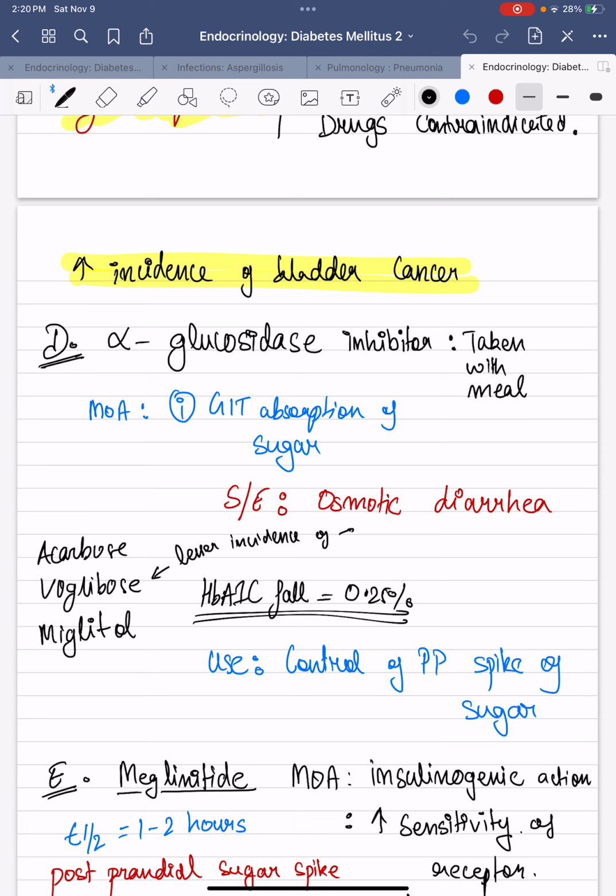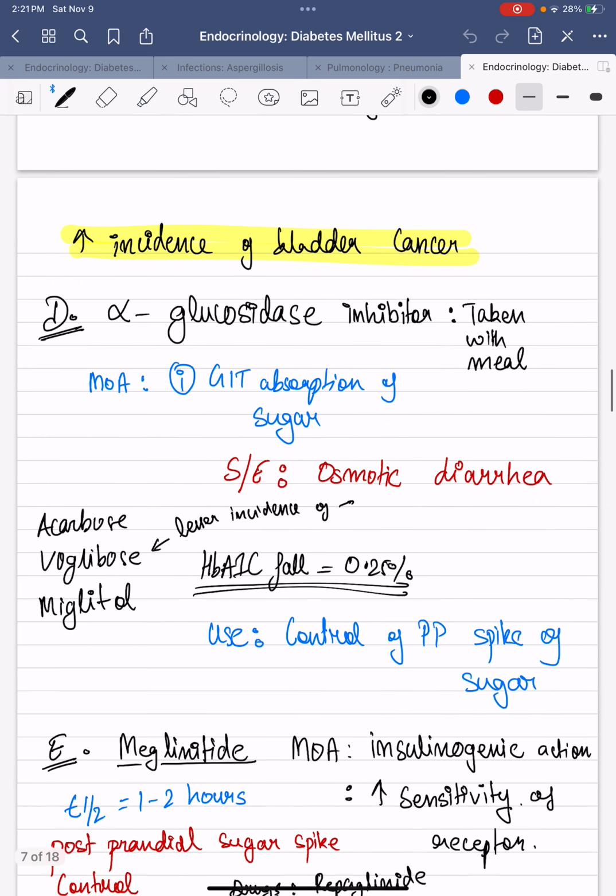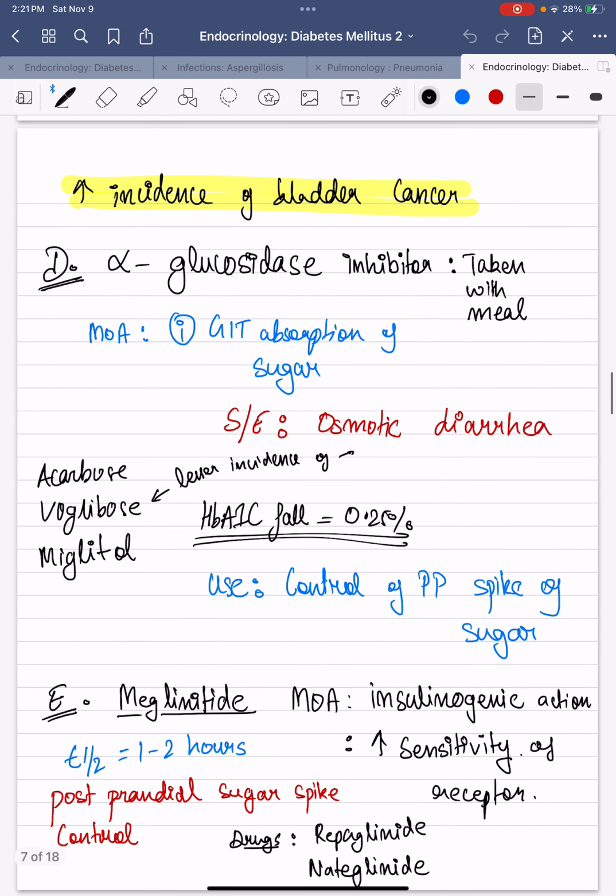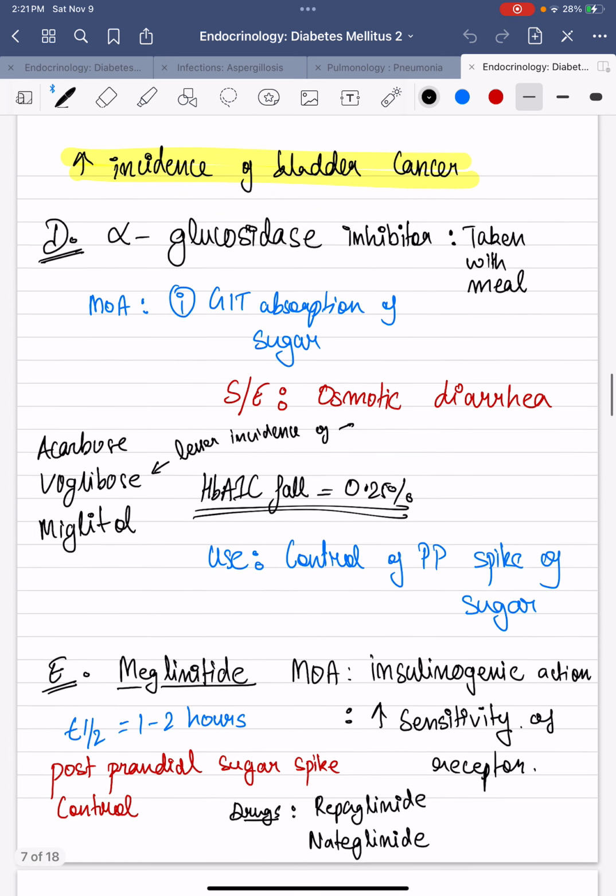Voglibose, if you work in the hospital, is a really commonly used drug, and many patients are prescribed voglibose as a regular medication. The HbA1c level fall due to alpha glucosidase inhibitors will be 0.25%, which is very less compared to biguanides, sulfonylureas, or even thiazolidinones. And the use of